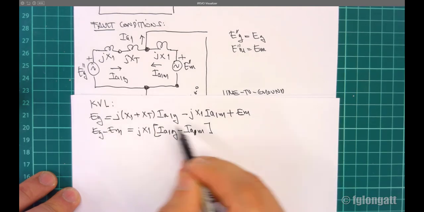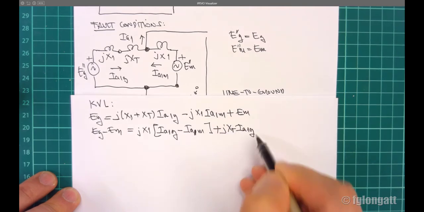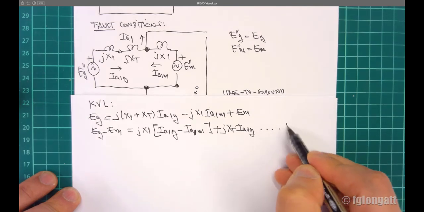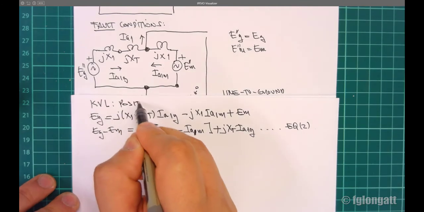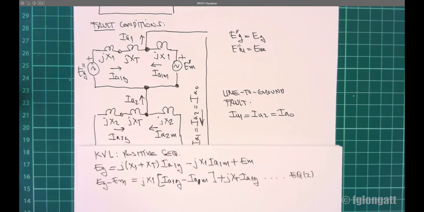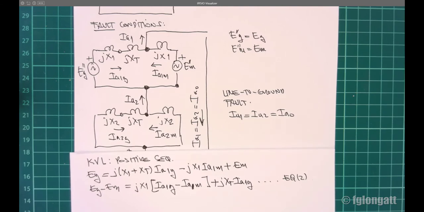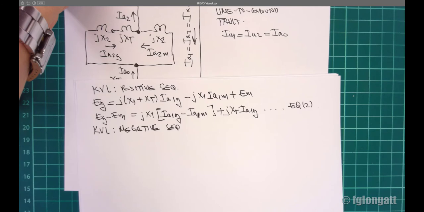And then we have another more term, and let's call this the equation number 2, okay? This is in the positive sequence, okay? Now let's do something similar for the negative sequence, okay? For the negative sequence, okay, for the negative sequence, we can say here